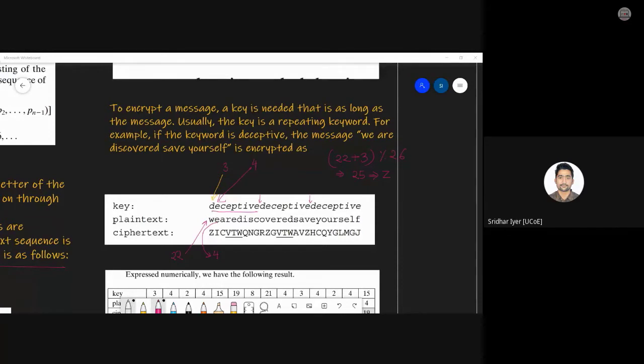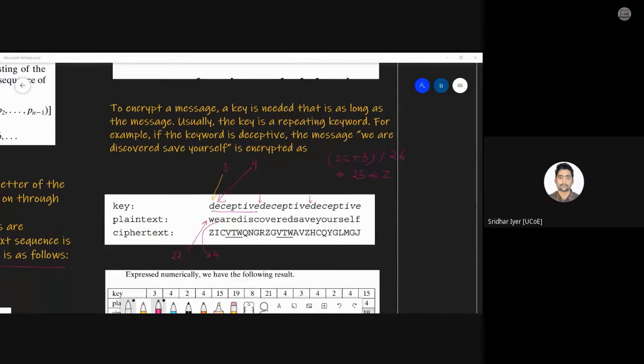Am I clear? That is why in the beginning only I told you that this particular Vigenère cipher is made up of or thought of consisting of 26 different Caesar ciphers. In this case, although we have not used all the keys, we have used only a key of size 9 in which few of the characters are repeating. Am I clear? Is it fine now? Have you understood the entire concept of this Vigenère cipher? I have just now told you about the encryption part.